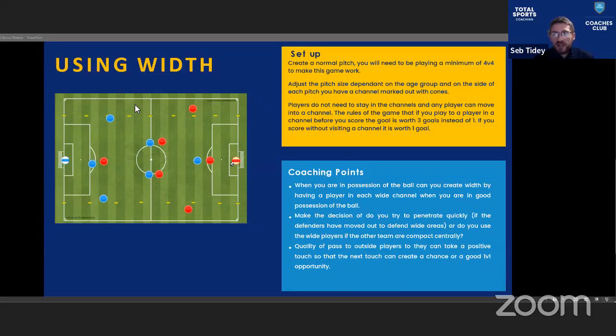Some will say that's because players don't like defending. Just don't tell them you're doing defending. Say, right, we're doing this attack, we're doing this game about using width to attack, but then all your coaching points will actually just be around the defending bit, and most of them won't notice. Okay, so